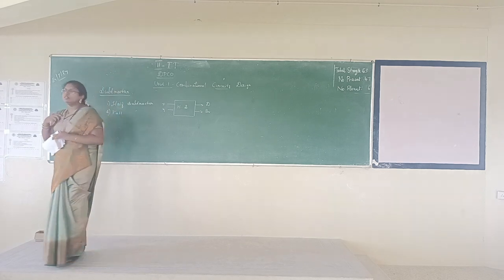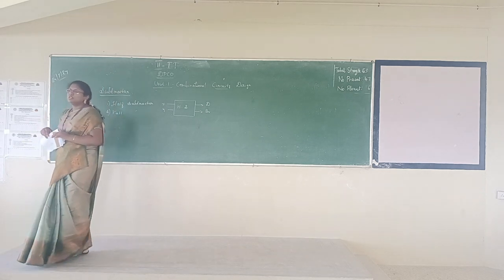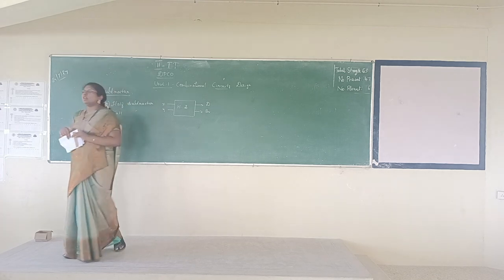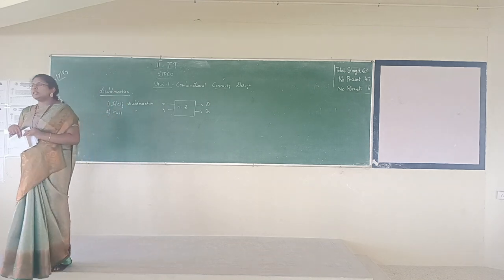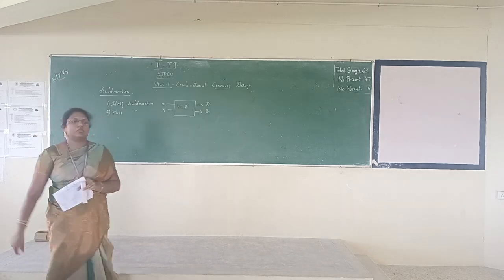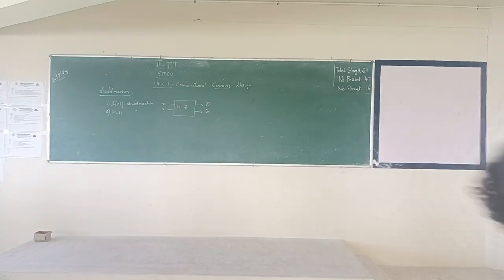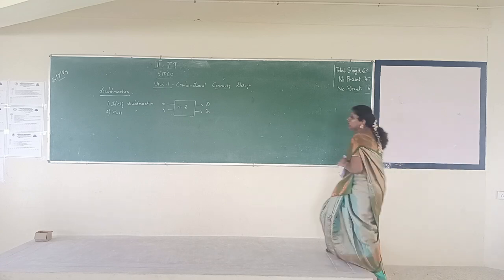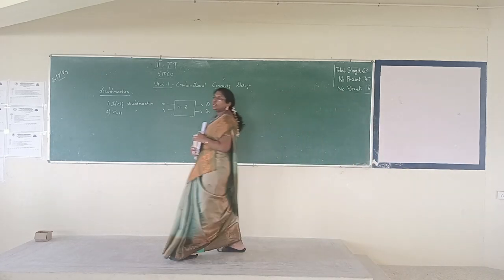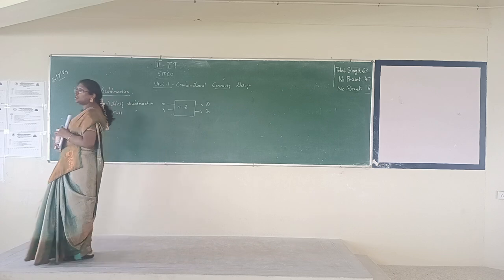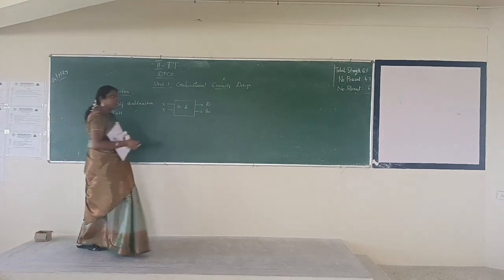Then what's the next step? Truth table. We are going to see the operation of the half subtractor in the form of a truth table. Before that, we have seen some addition operations, right? Now we are going to see some subtraction operations.